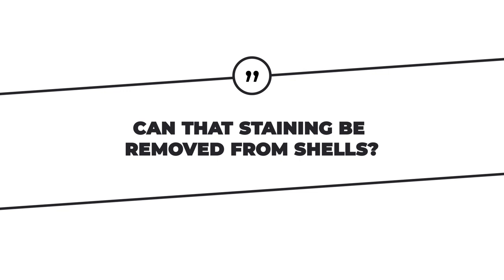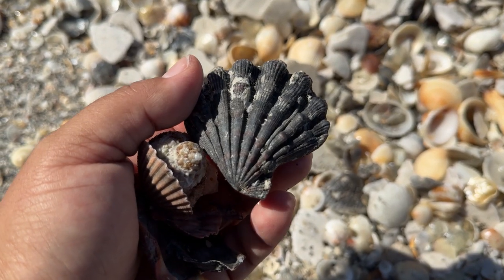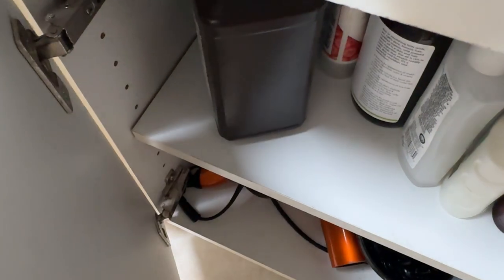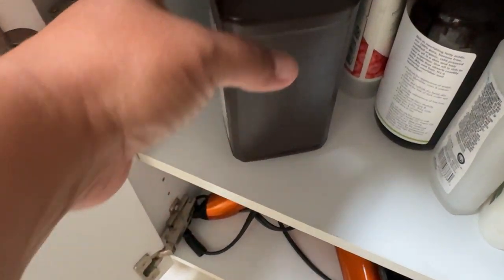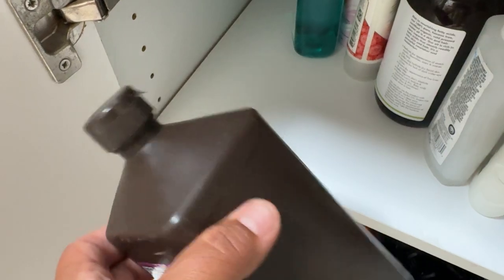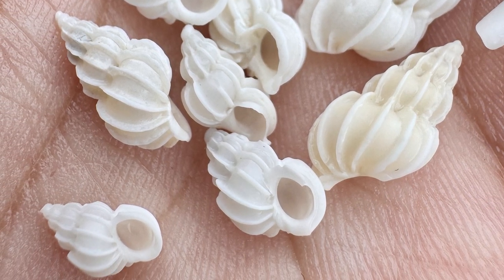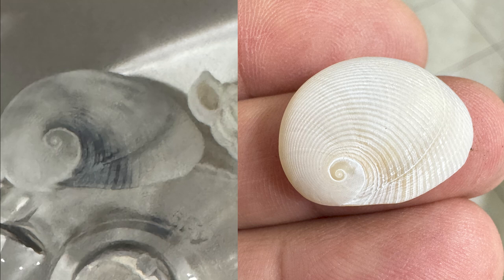Can that staining be removed from shells? I've always heard that it can't, but I just flat out Googled what removes iron sulfide staining. One answer I got was hydrogen peroxide. So I got out my household 3% brown bottle of it, and it did work a little bit, but not that good. It did clean some window traps that I had, and it lightened up a thin baby's ear